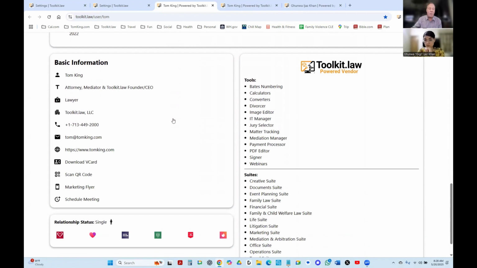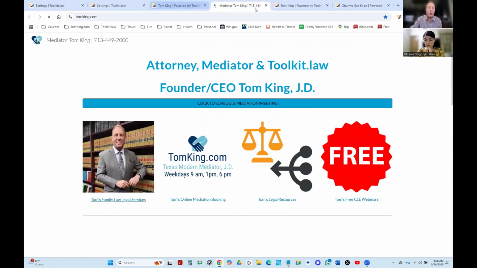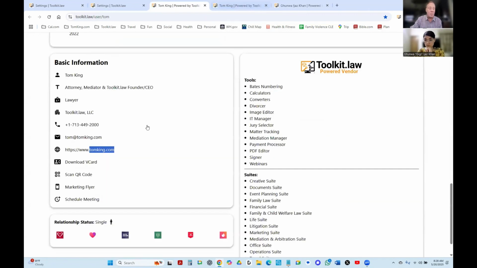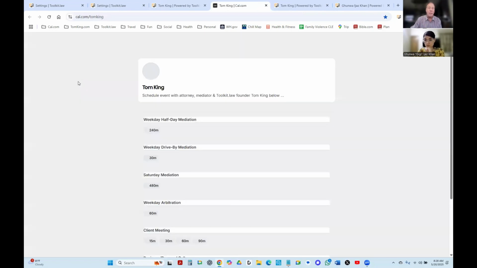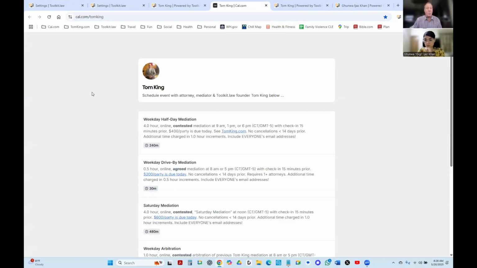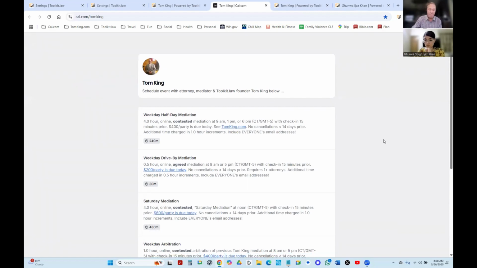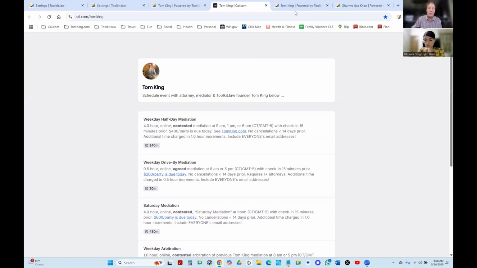Have them find it, use your own domain to point to it to bring them here for marketing purposes. I don't do it with that domain, so that was a bad example. There's a flyer that they can download, and then we give you the ability to link to any outside scheduling platform that you use. I love cal.com, cal.com. It's free, and if you want to add your branding on top of it, then it's only $17 US a month. Okay? And then when they schedule it,